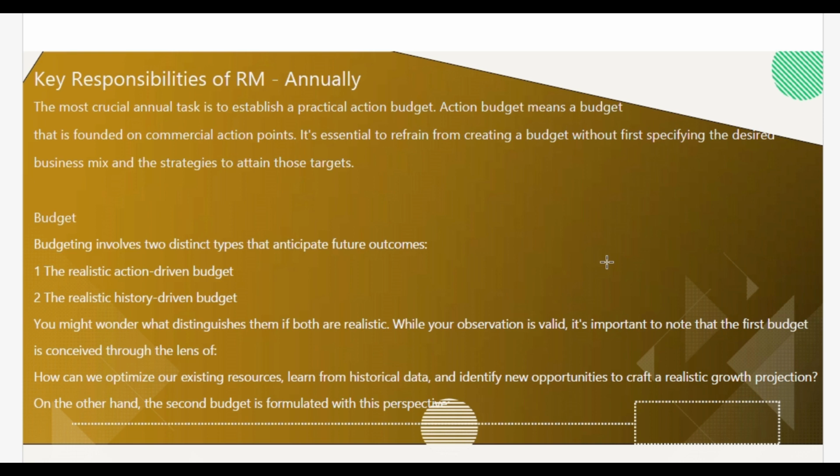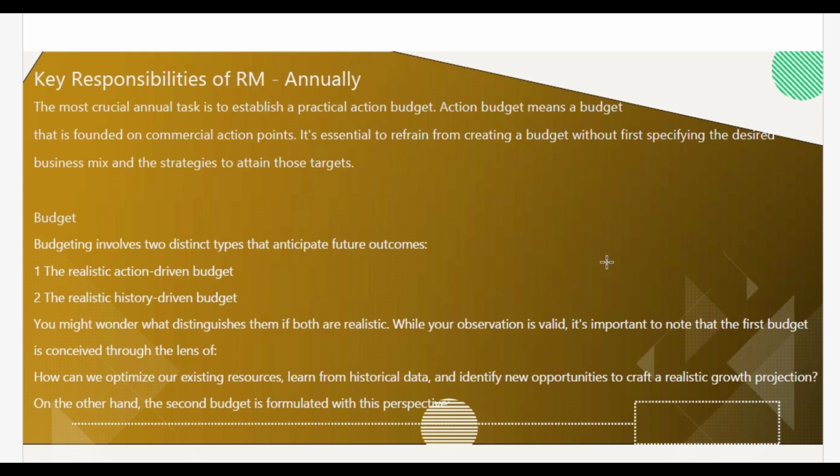Now there are two different types of budgeting process, or the distinct types as I listed here, based on which you anticipate the future outcomes. One of those is a realistic action driven budget, and the second one is a realistic history driven budget. So you might wonder what distinguishes them if both are realistic. While